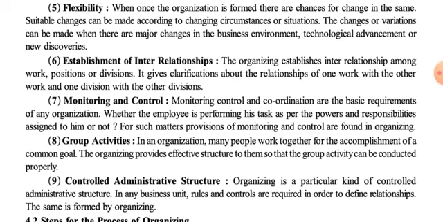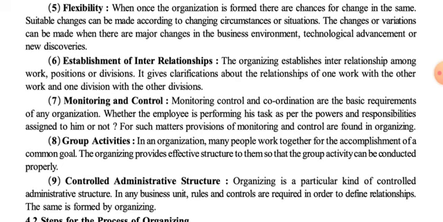When they are working in the same line of authority, then they are called colleagues or peers. But when there is a relationship between them at a different level of management, then they are known as superior and subordinates. In that way, their interrelationship is also decided. So the interrelationship is regarding one work with other work, one division with other division, and their position and power also. Next one is characteristic number 7.